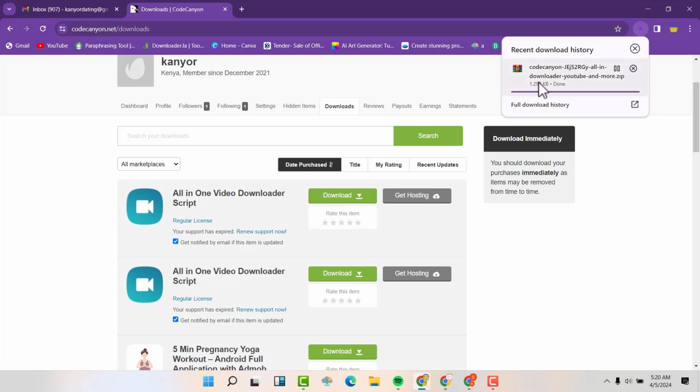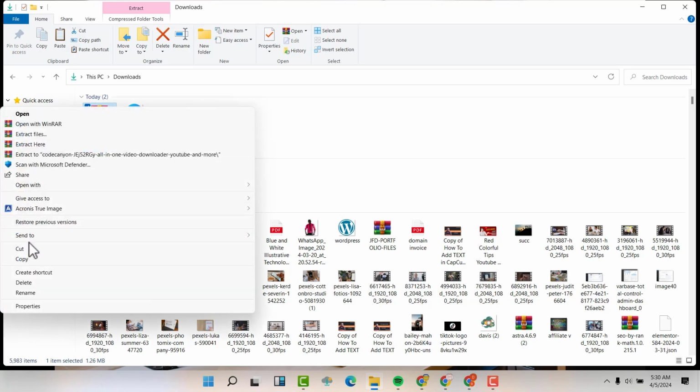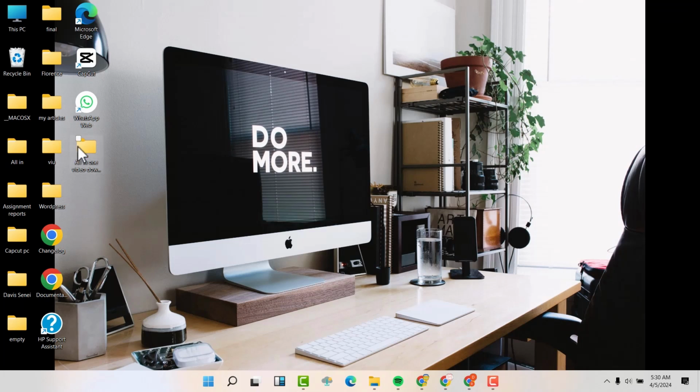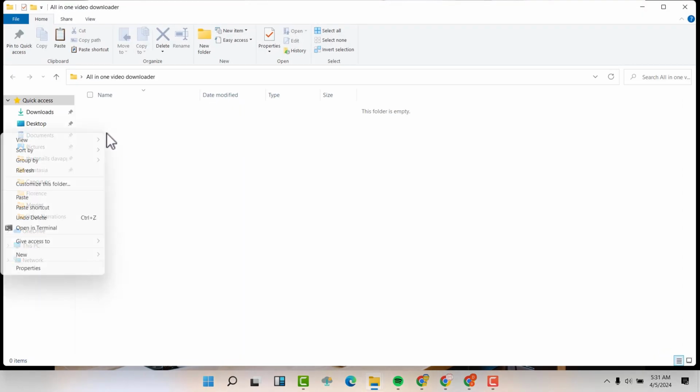And now you can see that we have this particular file that has been downloaded. So what I'm going to do is copy this file that I've just downloaded and paste it in this folder that I've just created called all-in-one video downloader. It's empty, so I'm just going to paste it here.